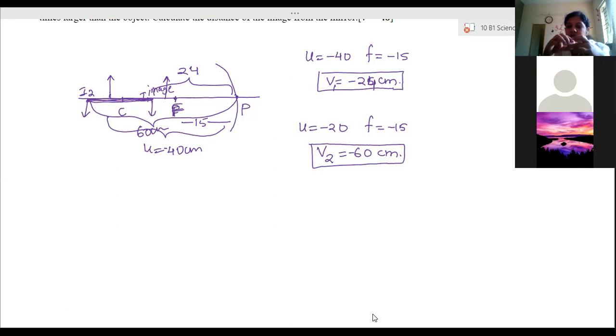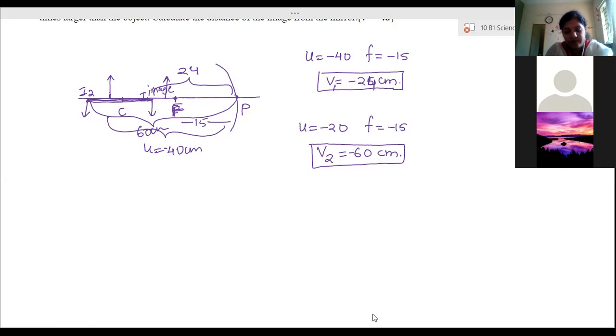Ma'am, the image can be both real and inverted. So we have to show two cases. The picture is not given, so two possible distances are because there will be two cases. 3 times, that is a magnified image formed by a concave mirror, can be real also, and can be virtual also, because a virtual image is also a magnified image. Therefore, magnification M is equal to plus 3 for a virtual image, and when it is a real image, it will be minus 3. So two different magnifications, then you have to find two different distances.